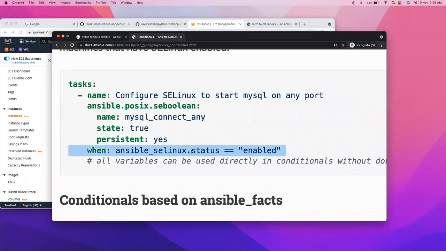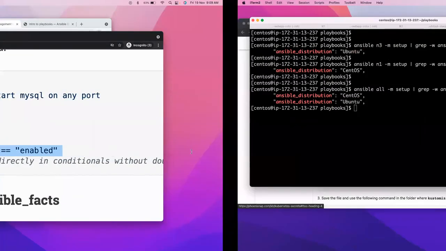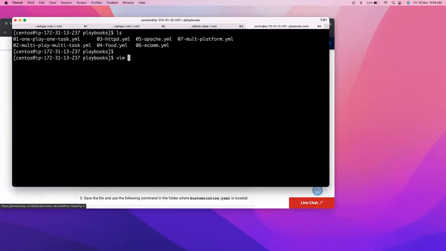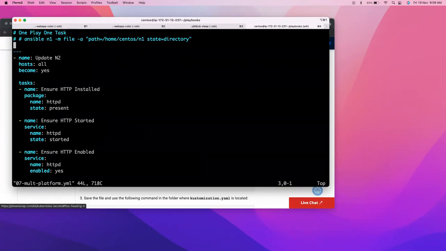Now let's use the same thing now. I'll take this as a thing. Now I'll just go ahead and what I'll do, I'll start modifying this playbook. Now, so this task, where it should get executed? When, in which condition? When Ansible underscore distribution is equal to the value which we saw in that particular screen. So I'll say same thing. So here,